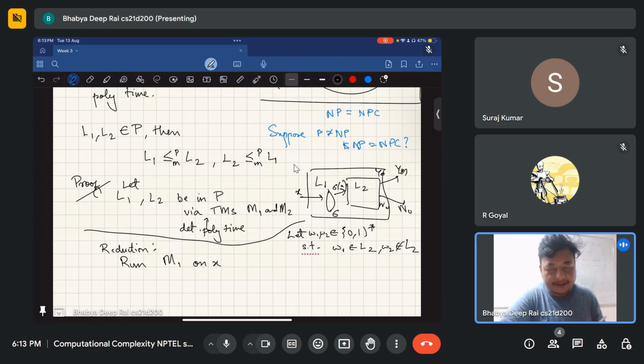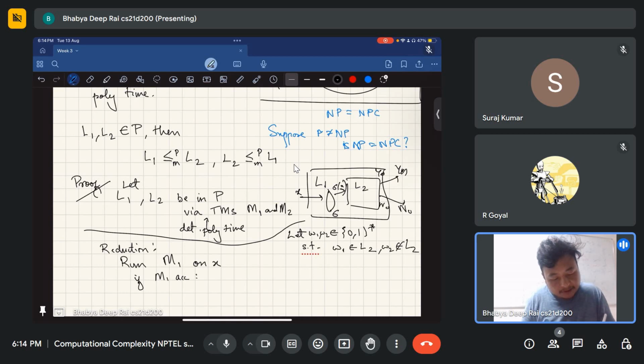Now I run M1 on x, and M1 is able to tell me whether x is in the language L1 or not. Once I run M1 on x, if M1 accepts,